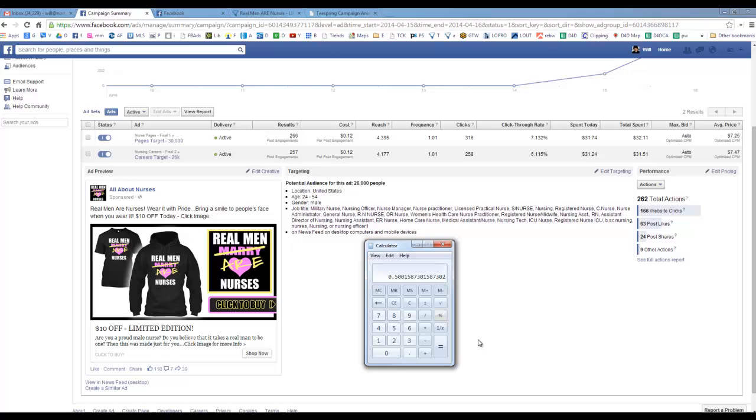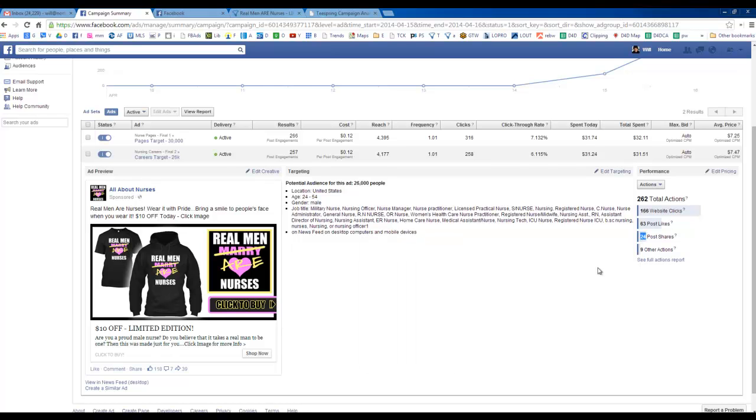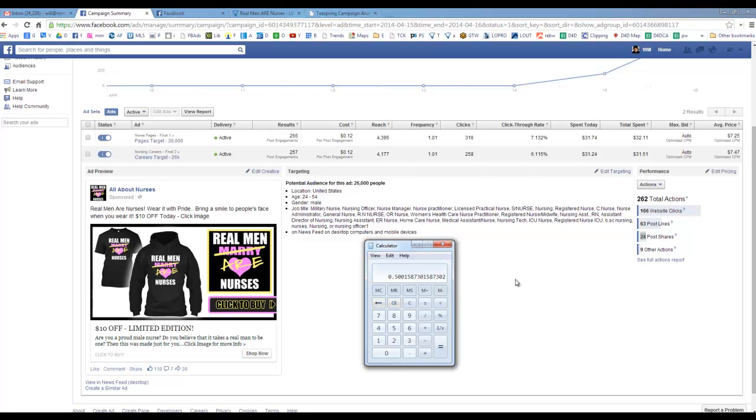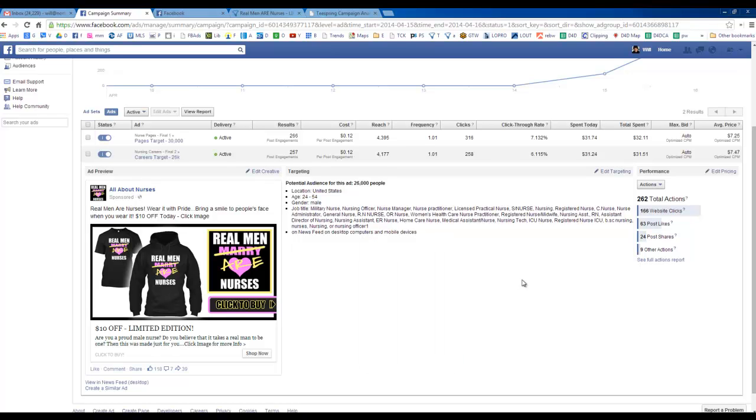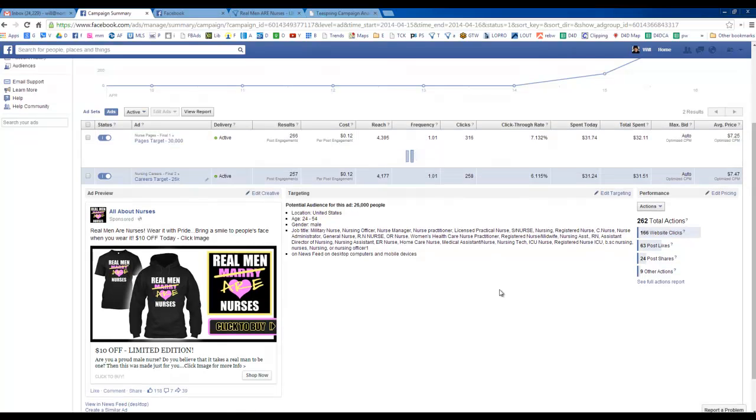I mean, we're making sales, right? We're getting a lot of engagement. I mean, here we've got 24 post shares. I think that's probably what's saving our butt on this campaign. And we'll take a look at the analytics here in just a moment to break that number down even further. But just remember that 50 cents a click to the website on this one. I think the other thing that's probably saving our butt is that we're making more profit per t-shirt, right? I can almost afford to spend double what I normally would on a regular $20 t-shirt, where I'm only making $9 to $11 profit, because our profit spread is bigger.